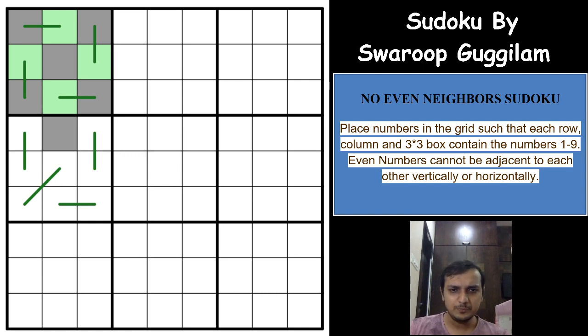Now if you see, one of these 2 cells has to be even, which makes both of these cells odd. So you cannot have this cell as even. If this cell is even, both of these cells have to be odd, and then you won't be able to place exactly 4 even digits. Which means that these 2 cells will be odd, which gives you this case, not this one, sorry.